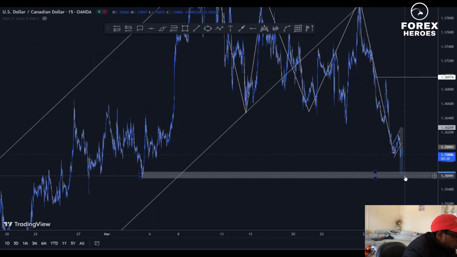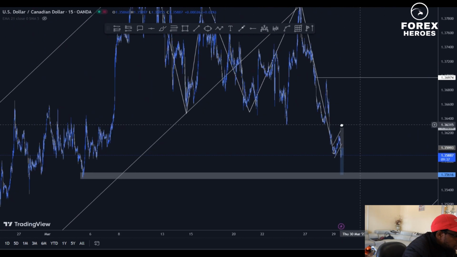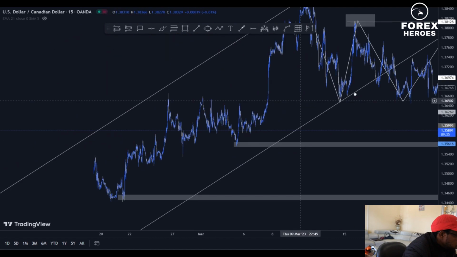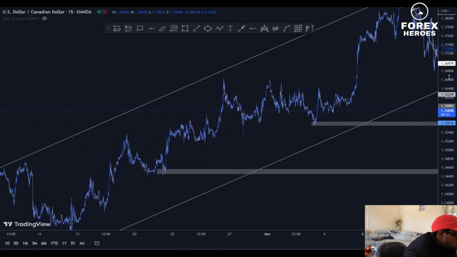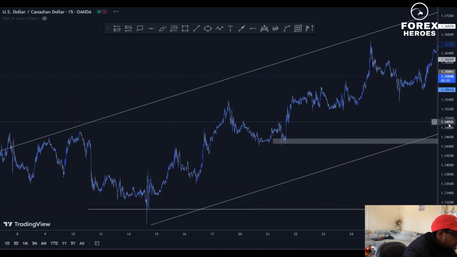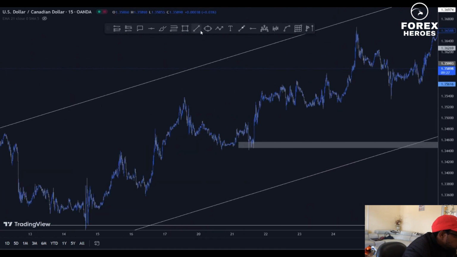Gonna wait for the market to reach here. If it doesn't, it retraces, then we're gonna enter our positions. So for you to be able to scalp, the best way to scalp is that you wait for the break. Once it breaks, it closes, and then you should know that